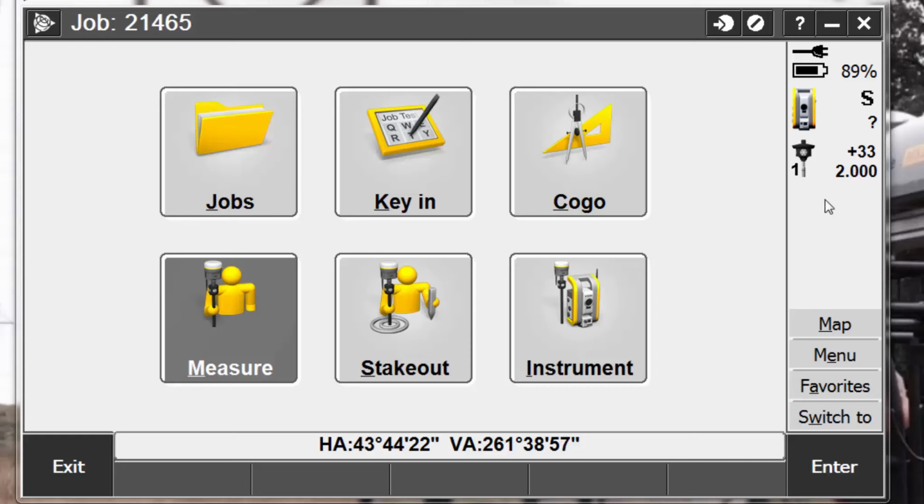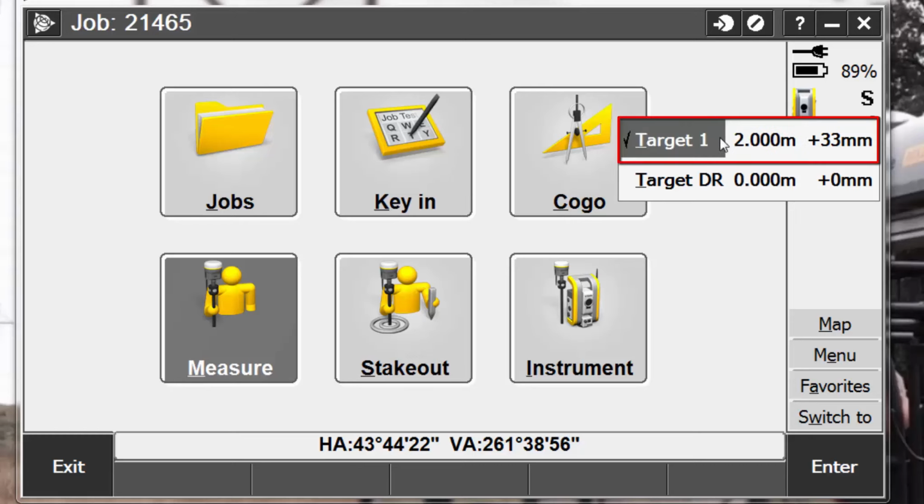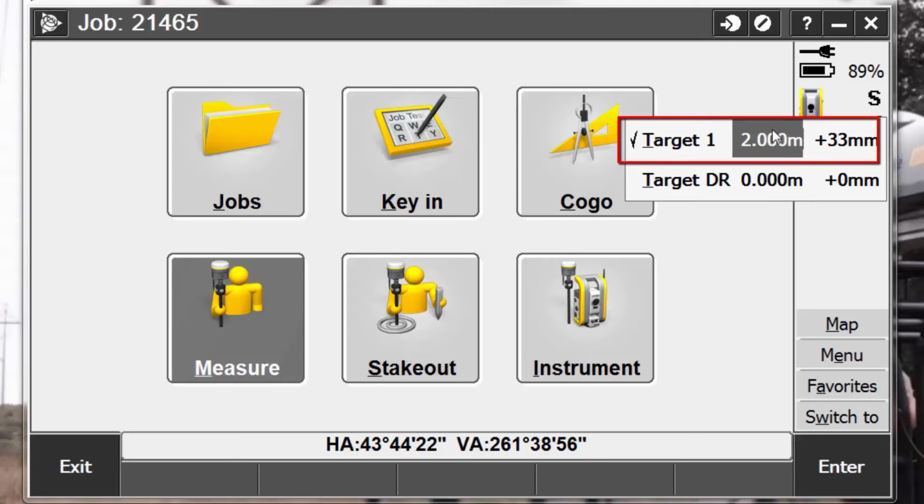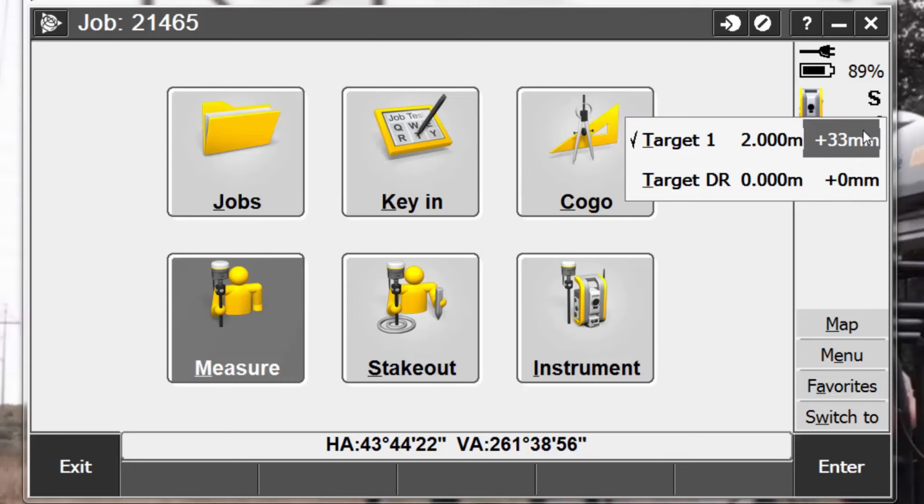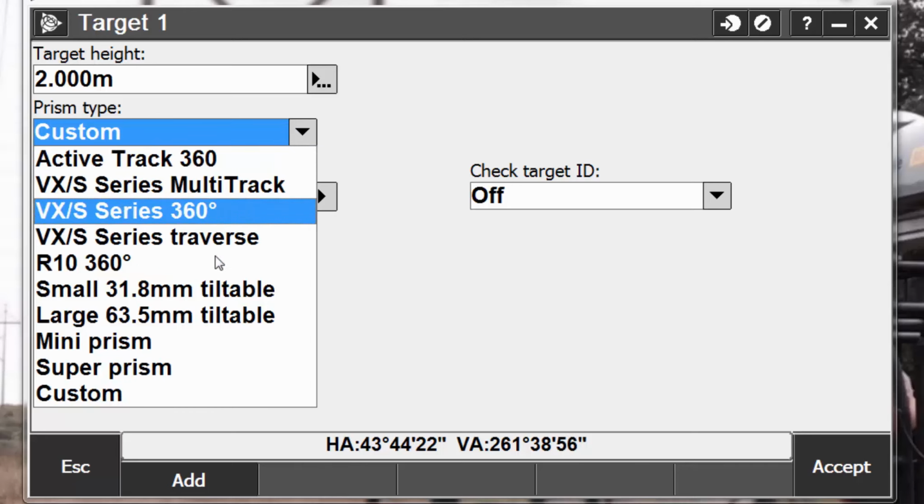So to do this, we are first going to pick our target icon to bring up our current target list. And target 1 is the target that we wish to modify. So to do this, we can pick either on the target height or the prism constant setting to pull up the target form. Notice that currently this is set up as a custom prism type. For this example, we want to use a Trimble multi-track prism because we're going to use an S-Series robotic total station. So the first thing we need to do is to pick our prism type from the list and choose